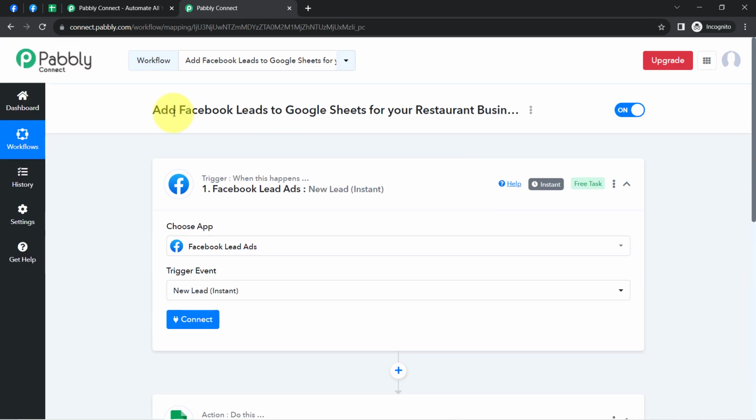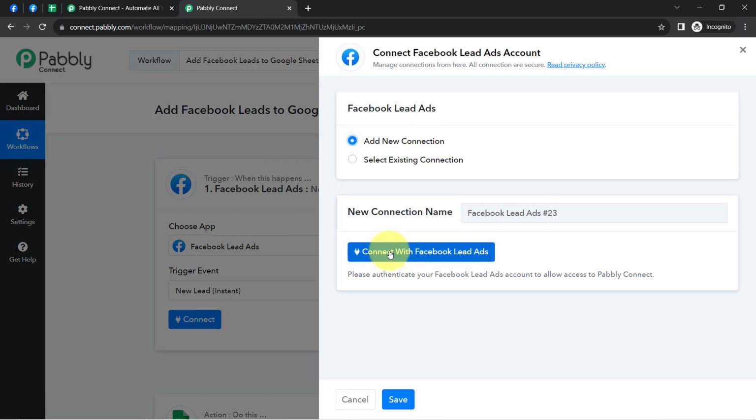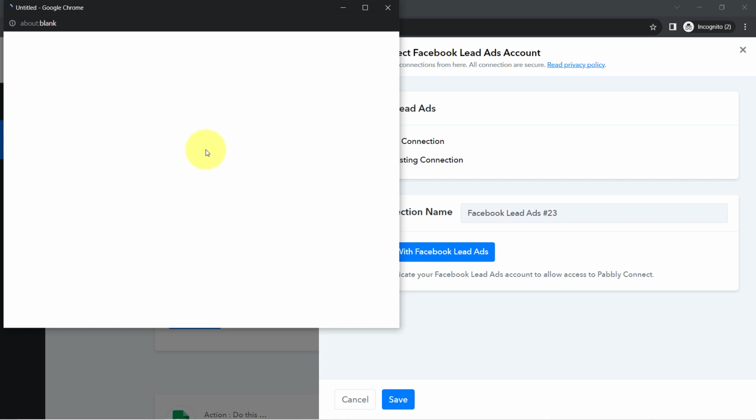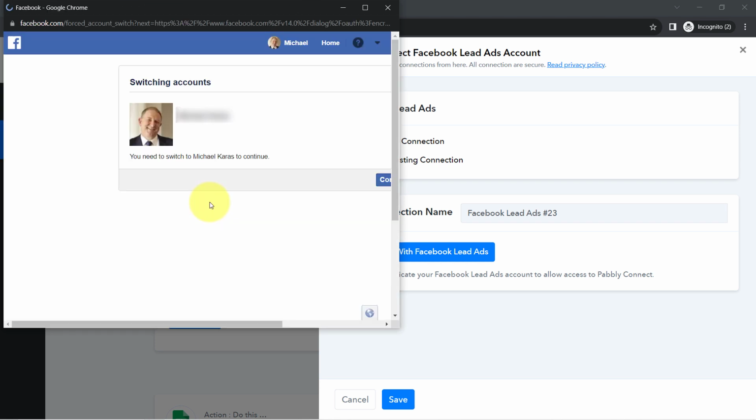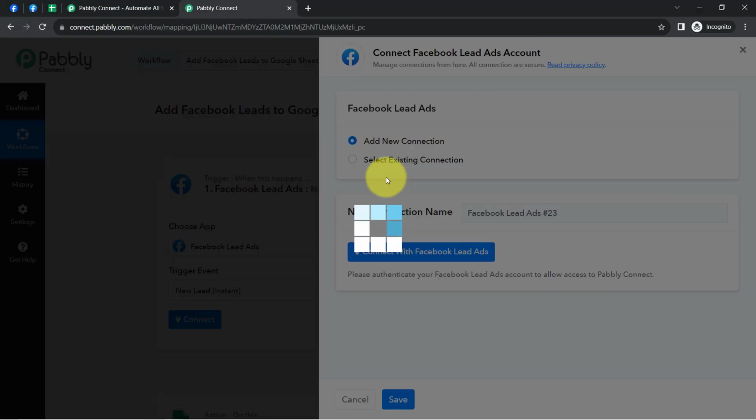So let us first connect Facebook lead ad with Pabbly Connect. Simply click on connect, then click on add new connection, then click on this button, and then you will have to provide access to your Facebook account in which you have created your Facebook lead ad. I am already logged in to my Facebook account, so that is why it is asking me for the permission only,